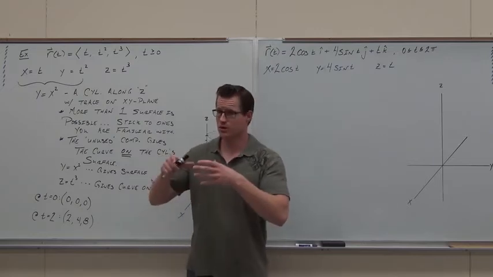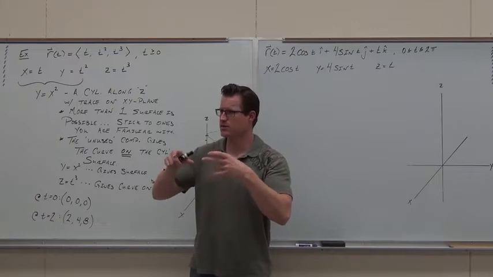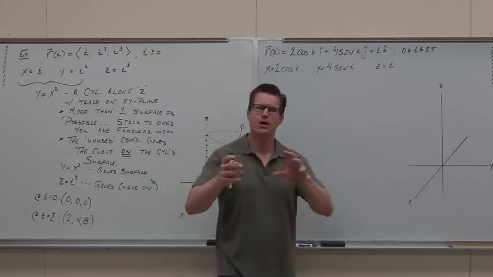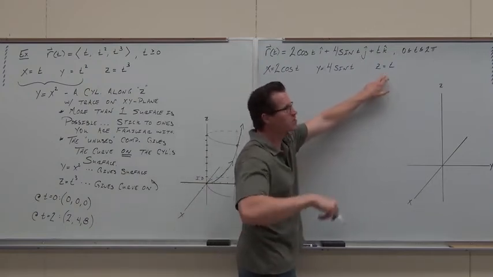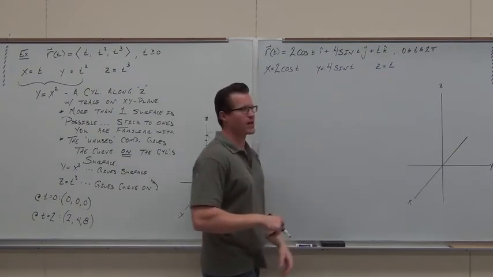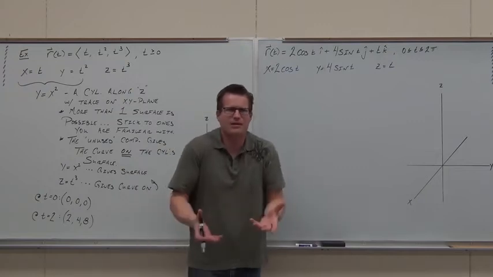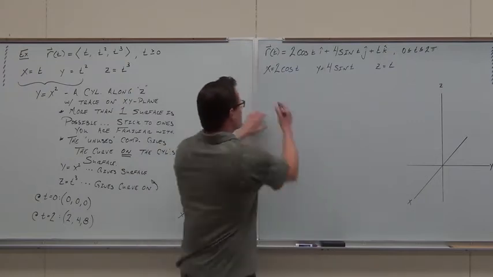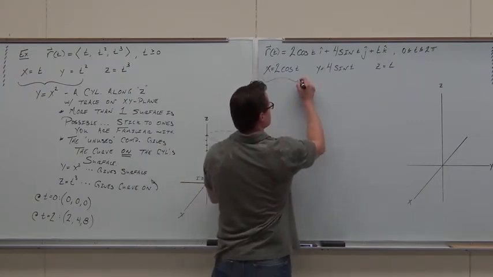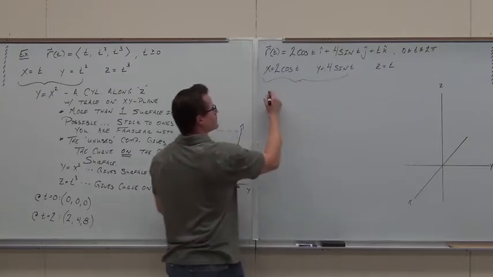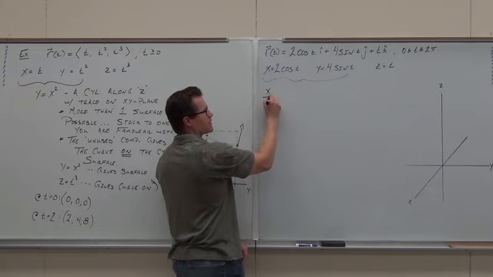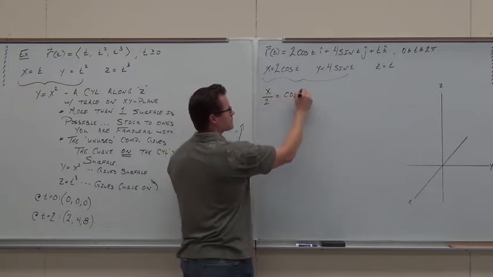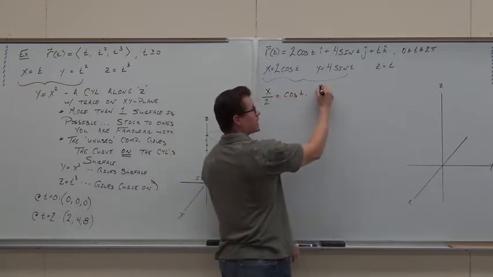Why? Because cosine squared plus sine squared equals 1, that whole identity. We can substitute for that. So I go, this one doesn't do much for me, especially if I go, hey, y equals 4 sine z. I can't even graph that. So I don't even know what that means. But these two, I know that if I solve for cosine and for sine,